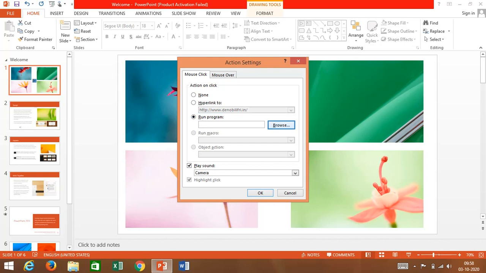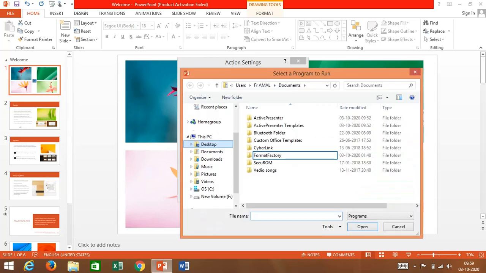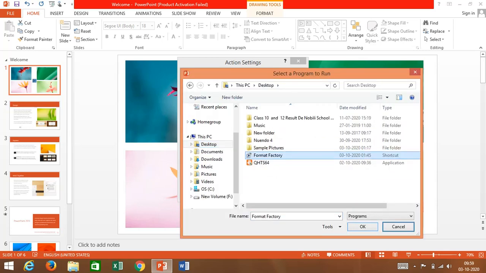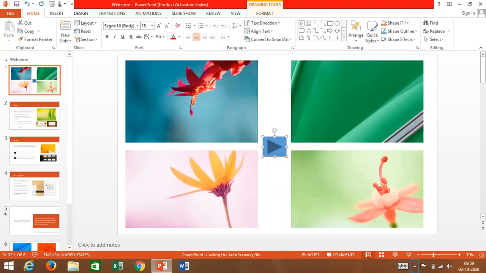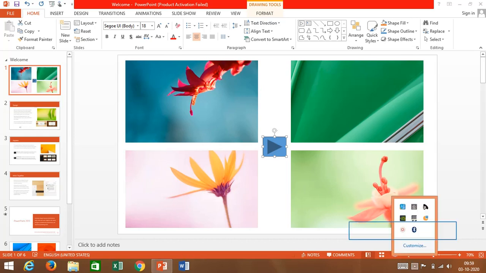Run a program means that when you click on this action button, it will take you to the program which you have hyperlinked. Whatever the program is, it will run using this action button. Now I hope it is clear how the action button works.